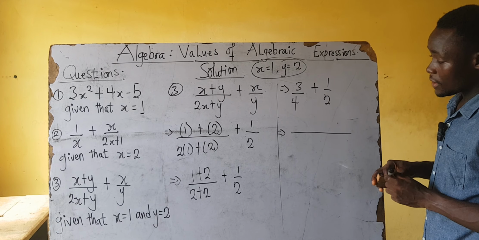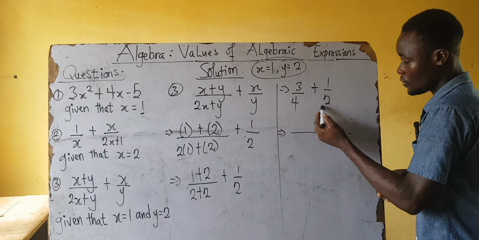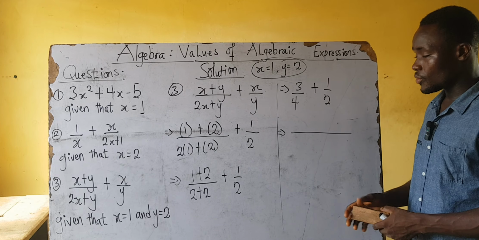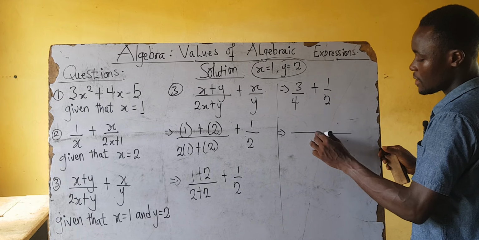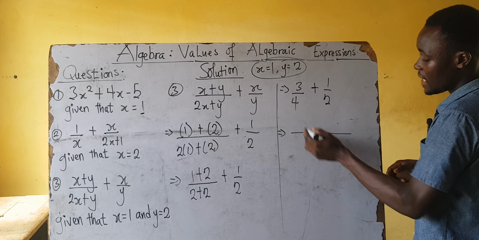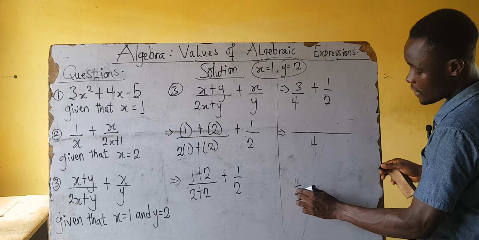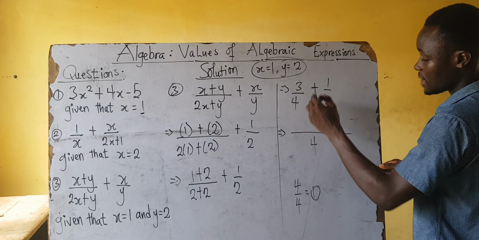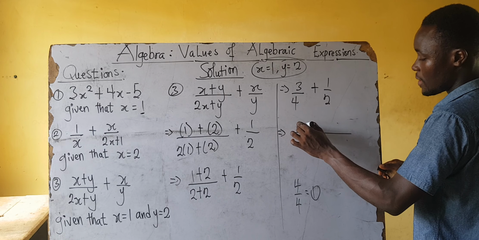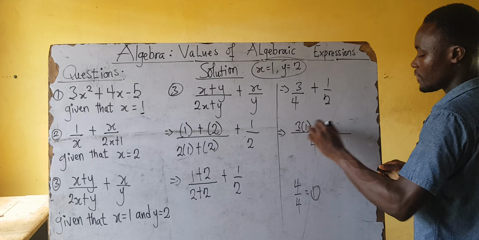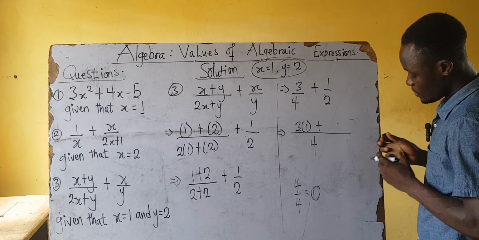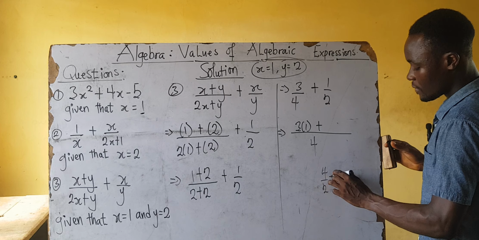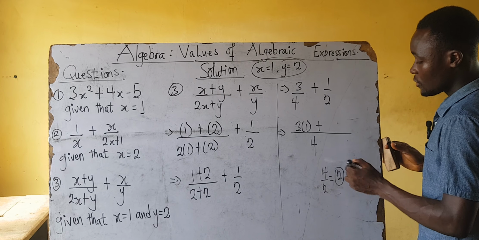The LCM for the denominators, 4 and 2. That is the least number with which 4 can divide and 2 can also divide. And that least number becomes 4. Now, 4 divides 4 how many times? So if I have 4 divided by 4, it gives me what? 1. So I'll use this 1 to multiply the numerator of the 4. So I'm getting 3 times 1 plus, then we check the 2 also. How many times does 2 divide 4? It's how many times? 2 times. So I'll use the 2